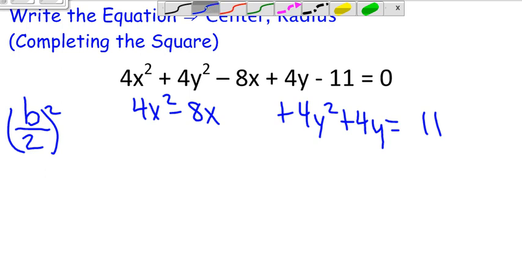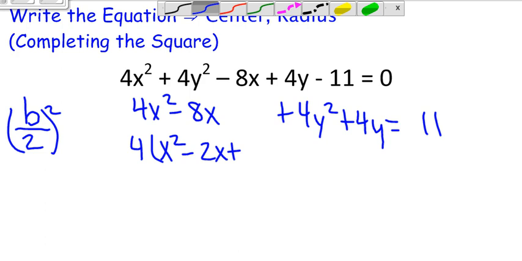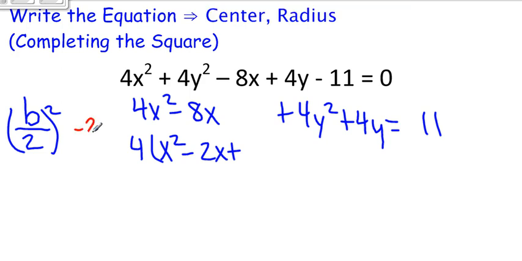Okay, so notice that these two have the 4 in common, so we're going to pull that out in front. We're going to have 4 times x squared minus 2x. Then this is the part where we're going to complete our square, so I'm going to switch to red. So we're going to take our middle term, which is negative 2, divide it by 2, and square it. And when we do that, we will get 1. So we're going to add 1